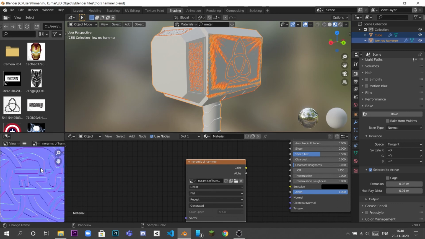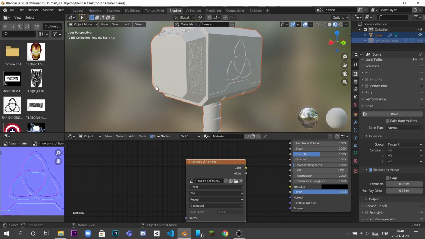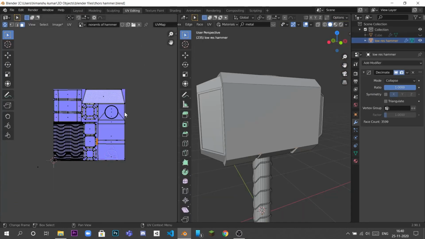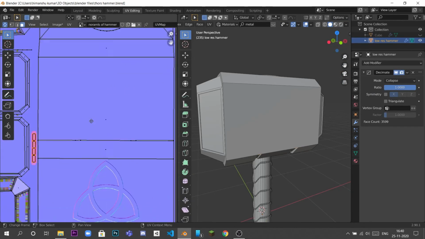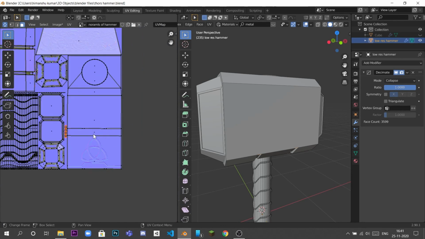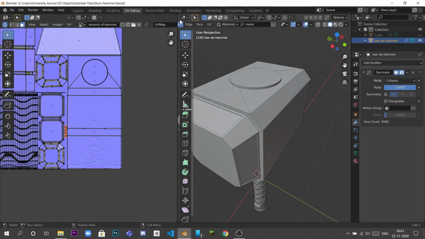I don't know what exactly we can do to increase the quality of this normal map. If you have any idea to suggest, you can comment down below. We have got this, but the problem is that we don't get this line. We should get this line over here also, but we don't get it. This is a very big issue that most of us may ignore and may not figure out how to correct. So what we have to do is